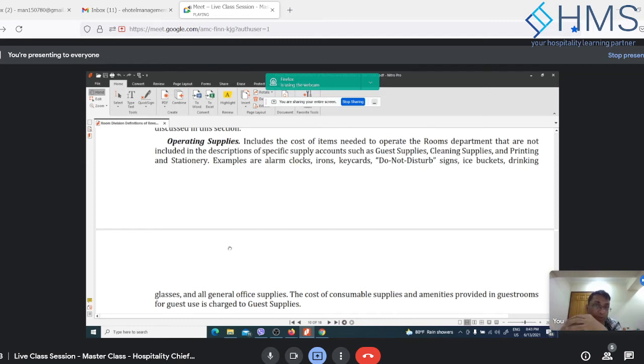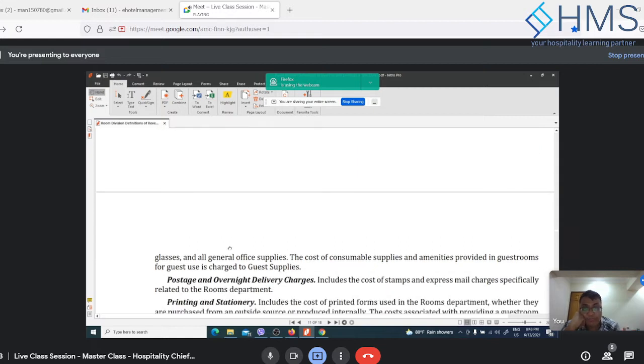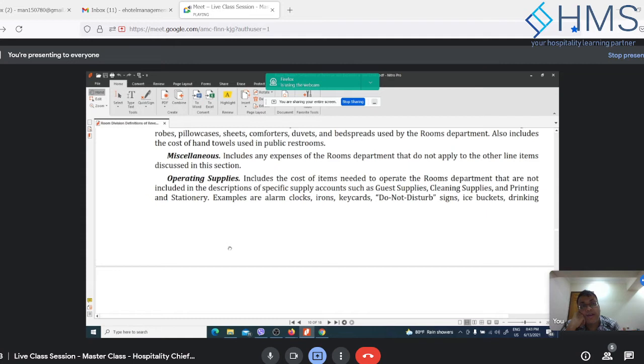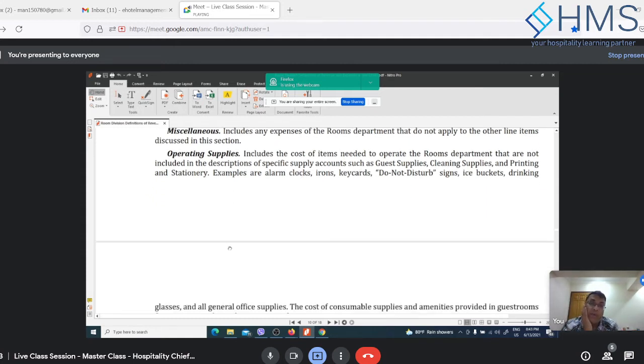Usually for the rooms department there is no need for a separate line for chinaware, glassware, silverware. That is required only for the food and beverage department. For the rooms division, all the chinaware and glassware will go into the operating supplies. Right, sir. And that we can prepay over a period of say 3 months or 6 months, depending on the life of the items or the usage of the items. Yes, depending on the policy of the hotel. Correct. Okay.